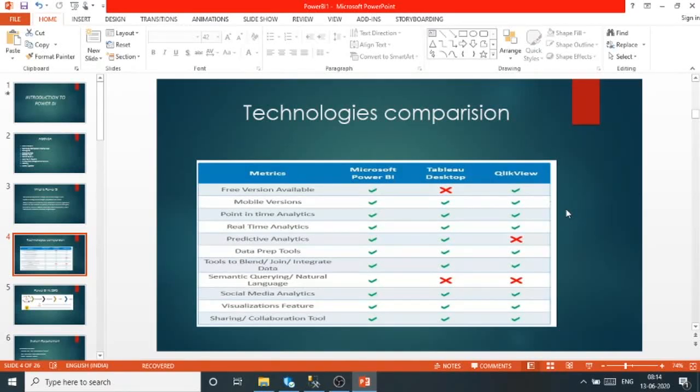Now we will cover what is not available in Tableau and QlikView and available in Power BI. Natural language semantic query is not available in Tableau and QlikView. Social media analytics is available, visualization features are available, and sharing and collaboration is available. Those are the things which are not available in the others and which are available in Power BI.